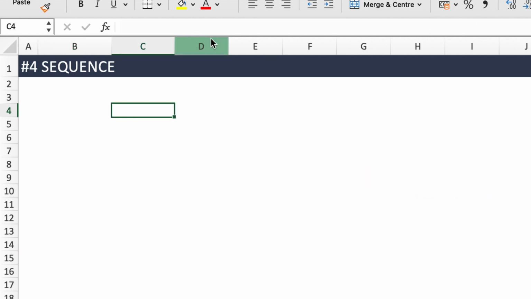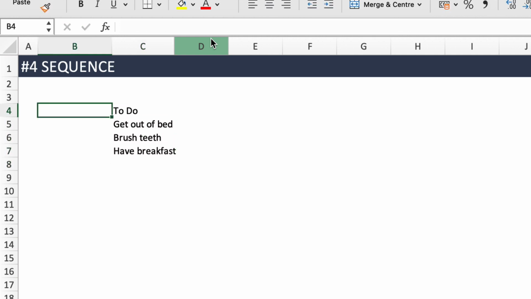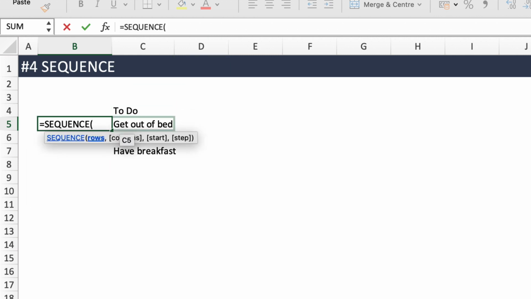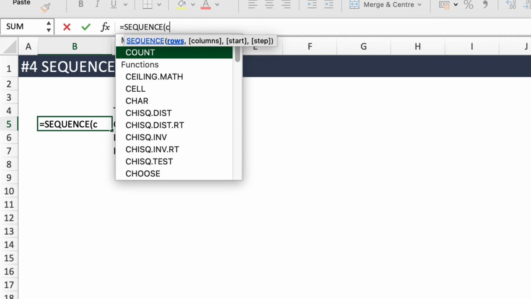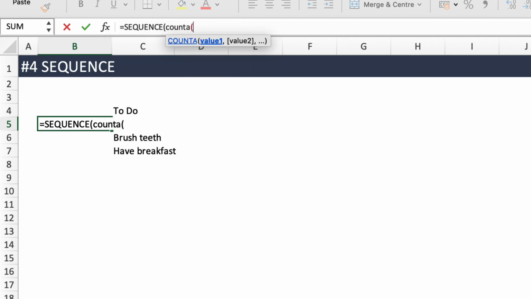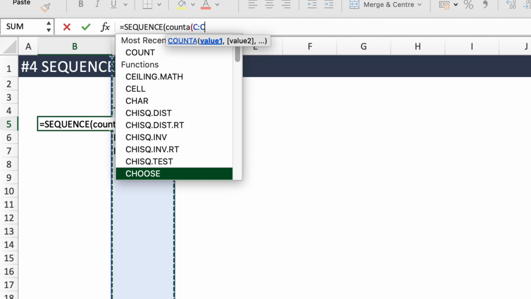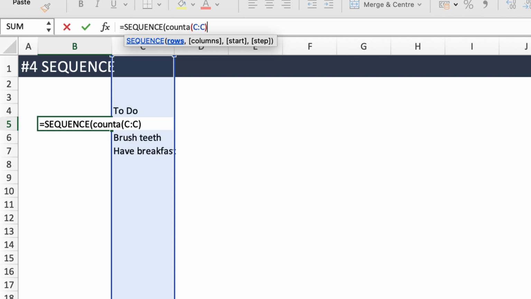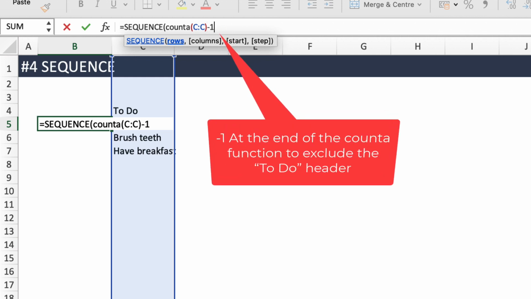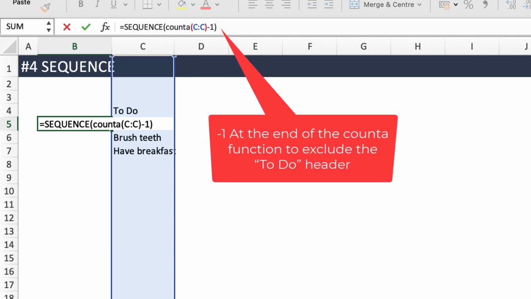Well, I find this really useful for to-do lists. So in this particular instance, what I want to do is put numbers against each of these to-do items. So I can use sequence in this instance. My number of rows, now what I'm going to do is use another formula, which is a COUNTA, open my brackets, and just count all of the instances of text within column C. If I close that parentheses, now I don't want to count the to-do at the top. I just want the number to start on the row below, so on row 5. So if I go -1 to that and then close my parentheses for my sequence function,